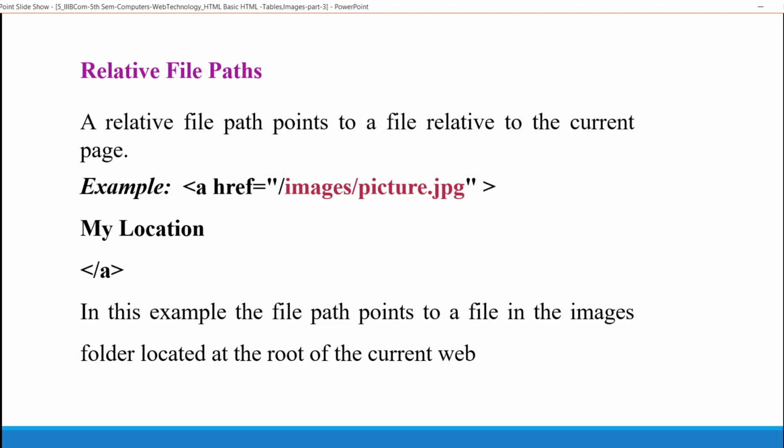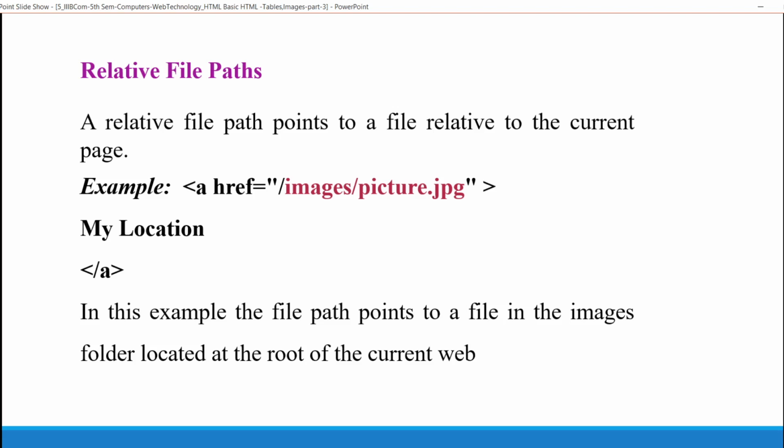A relative path points to a file relative to the current page. If you observe here, I have placed a href equals images/picture.jpg. Whereas in the previous case, if it is absolute, I have to provide https, drive, username, some other names, images, pictures.jpg. Here I am providing just images/pictures.jpg.